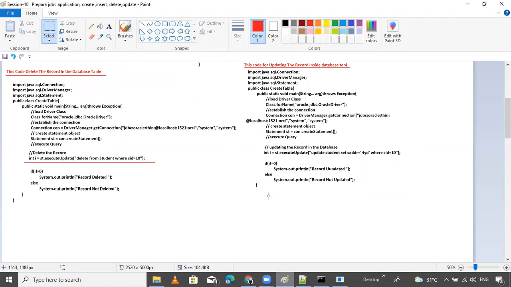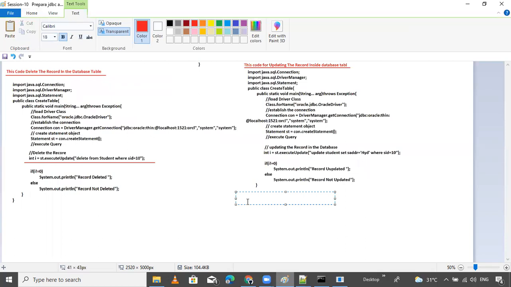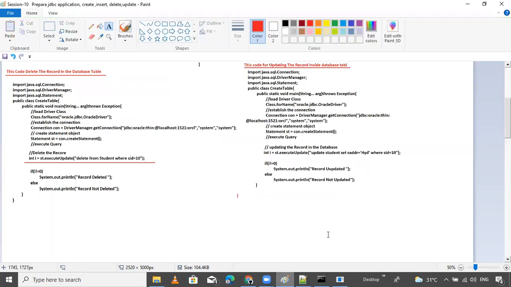And here is the one thing to remember. Simple. This line is updating the student record.